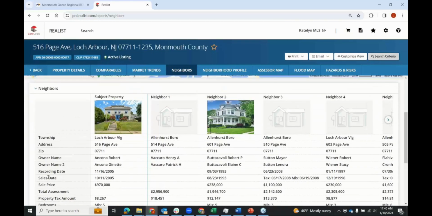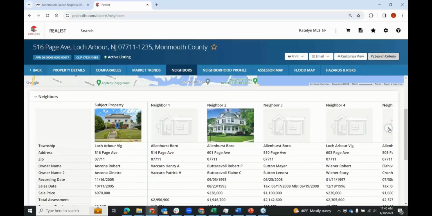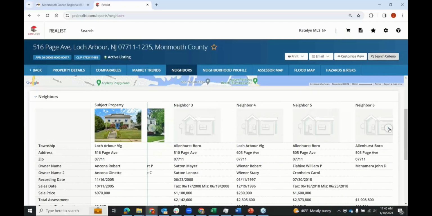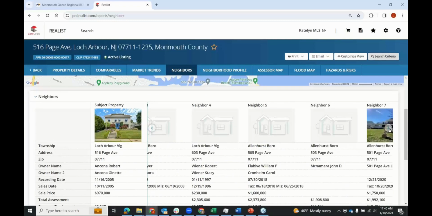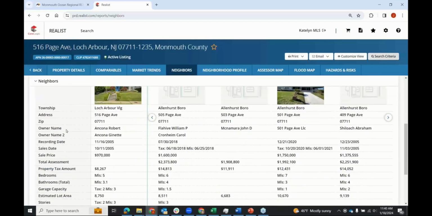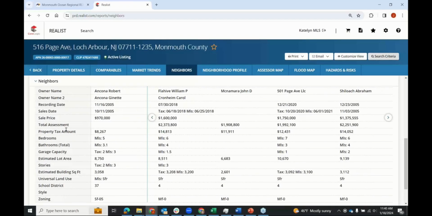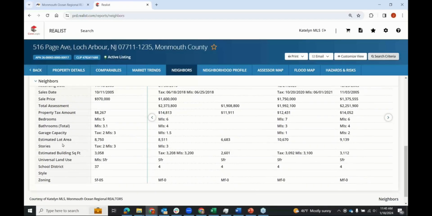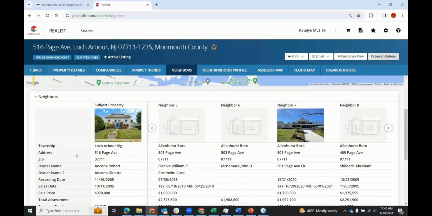And then again, your neighbors, neighbor 1, 2, 3, 4 out here to the right. Remember, these aren't comparables. These are properties that are just physically closest to the subject property. I sometimes call it my nosy neighbors search. If you're looking at maybe buying a property here on 516 page, neighbors might want to, or the